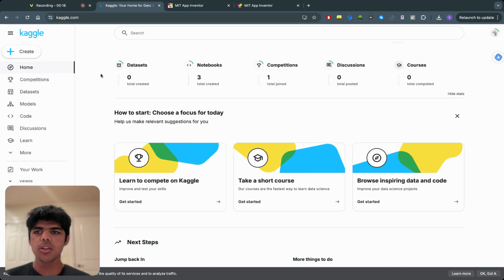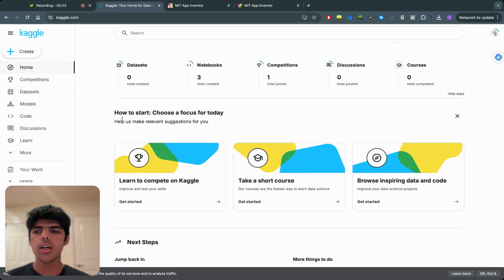Hello, everybody. Today is our second lecture of the MIT App Inventor series, and today I'm going to be developing an app about integrating classical ML models in the MIT App Inventor interface by prediction of diabetes. I hope you enjoy. So, for any classical ML project, we're going to need a certain database on which our